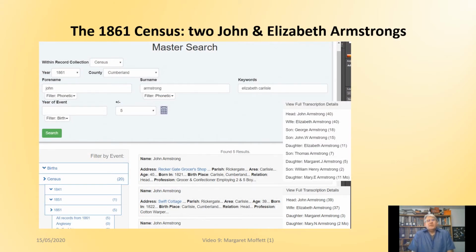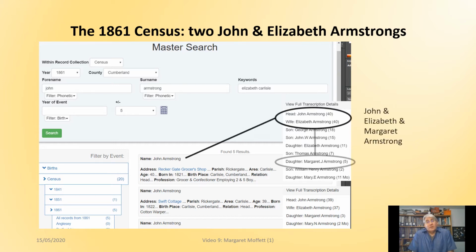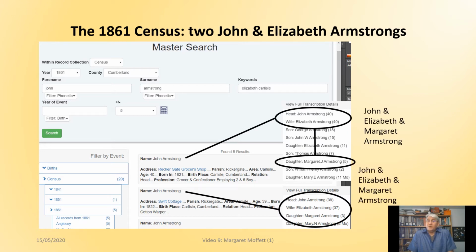Search of the 1861 census for John and Elizabeth Armstrong is complicated by the fact that there are several married couples called John and Elizabeth Armstrong, two of whom have daughters called Margaret, but they are too young. However, given that the Margaret we are looking for was born in June 1844, she would not have become 74 until June 1918. Perhaps not the strongest argument for elimination, but given that Margaret is recorded as being 74 years old when she died in December 1917, we can remove this Margaret from the list.